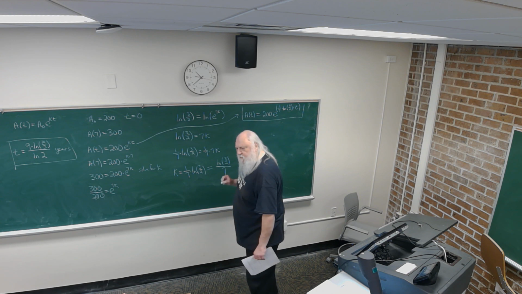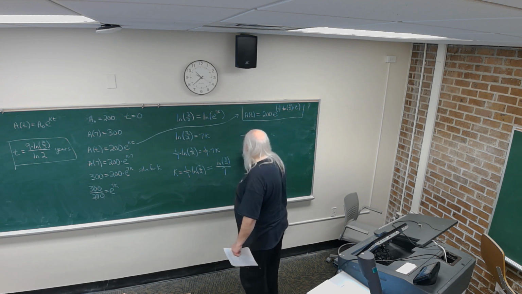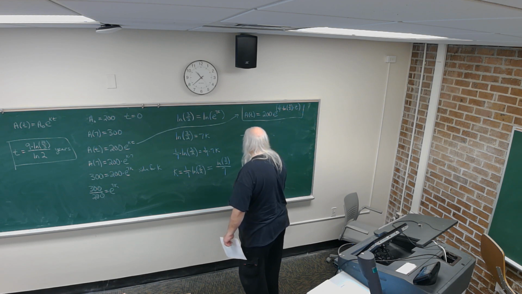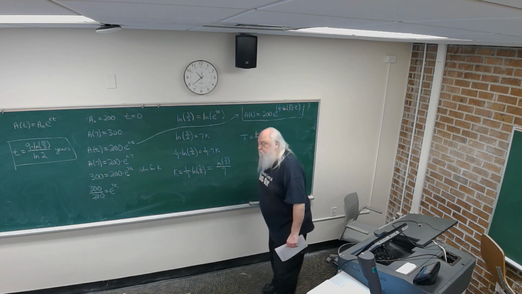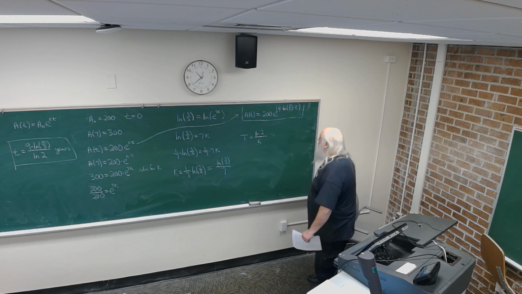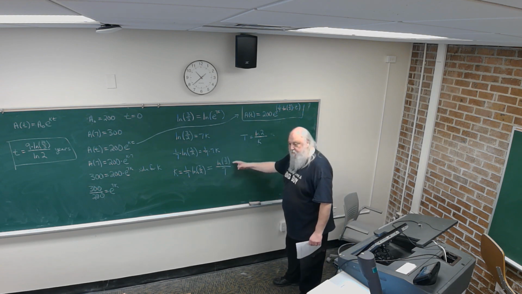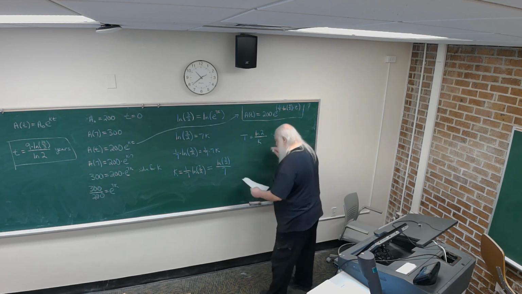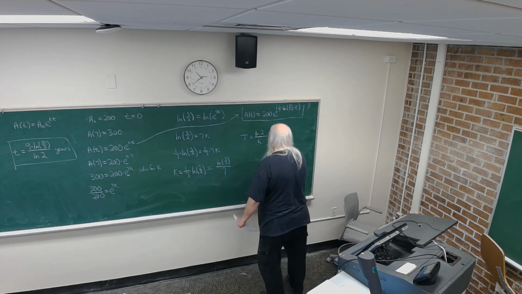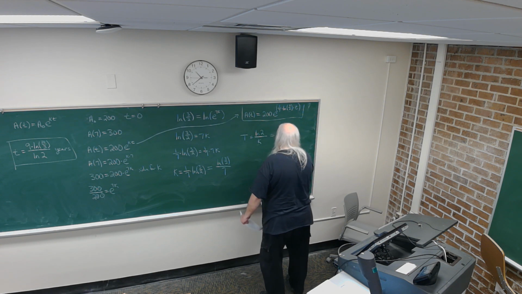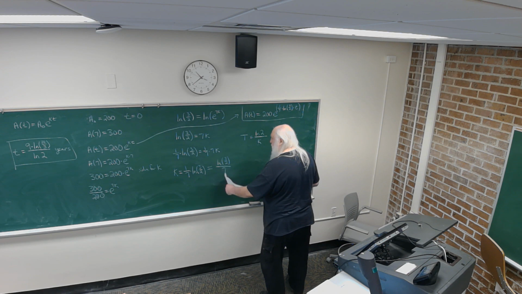Is that what you said? It is, yeah. The time it takes for it to double is the natural log of 2 divided by k, right? From the rectangle. Well, what's k? It's all this, right? So this is equal to the natural log of 2 divided by,